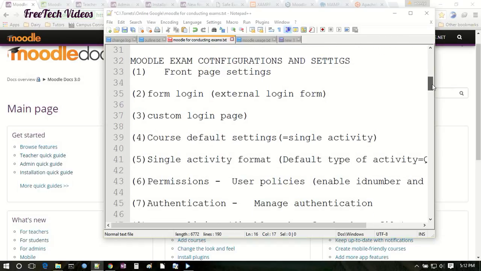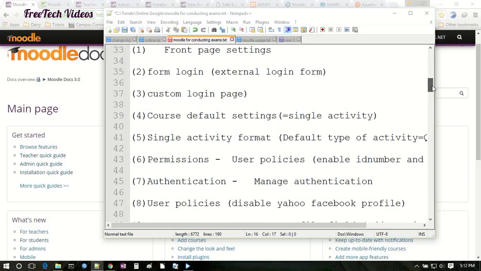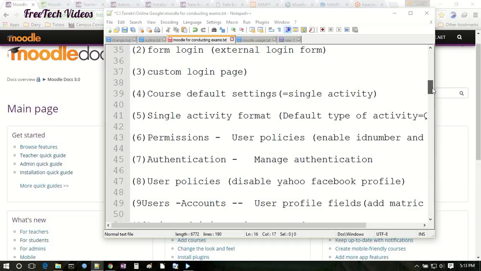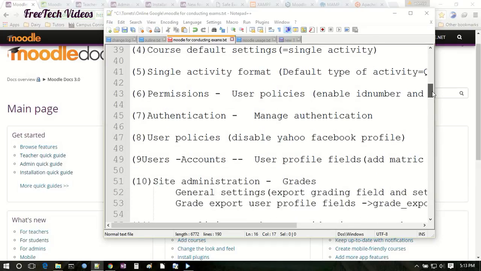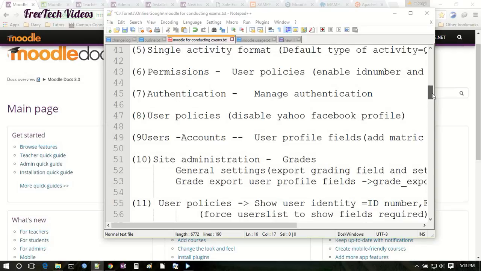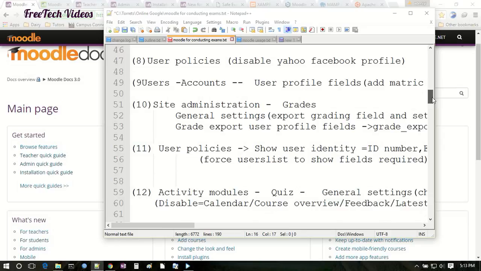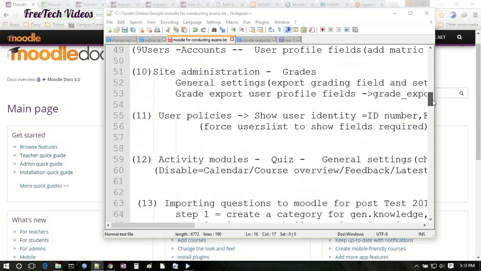We have the front page settings, form login, if you are to log in using external login or customized login page, course default setting and activity, single activity format. We have permissions, user policy, authentication, how to manage authentication, user policy, user account, user profile, site administrations, grade, how to export grade, user policies,